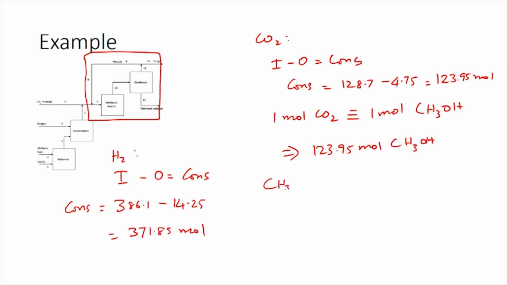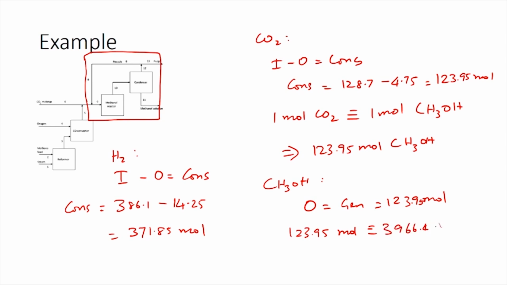So, if we were to write a methanol balance for the system chosen, output would be equal to generation, which is 123.95 moles. So, from this equation we know that 123.95 moles of methanol was actually produced in this system. We have been asked to calculate the mass of methanol and the mass fraction of methanol in this stream 11. So, 123.95 moles of methanol is actually equal to 3966.4